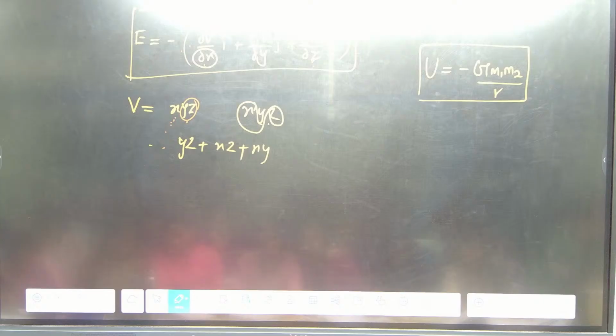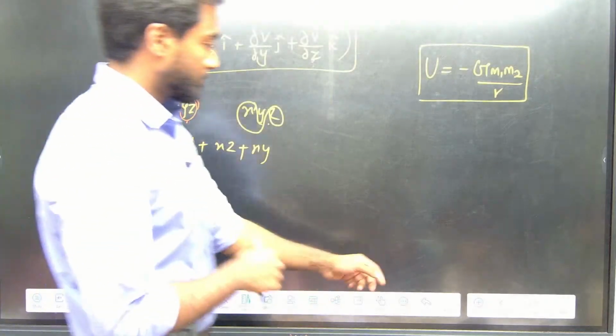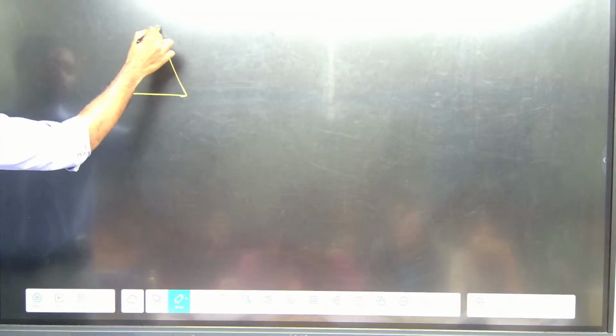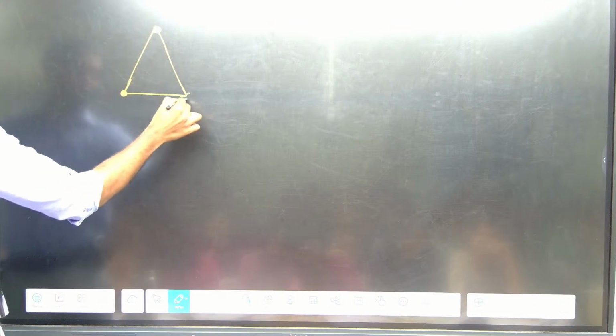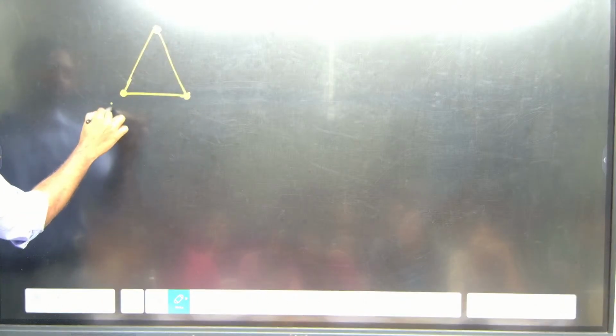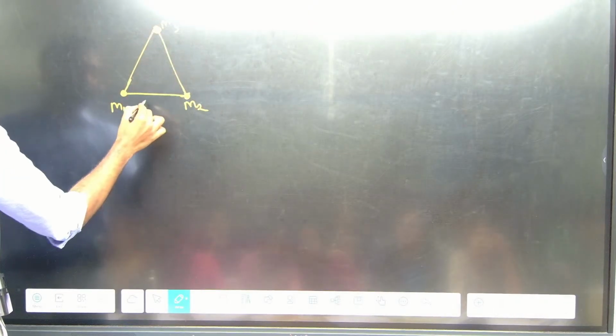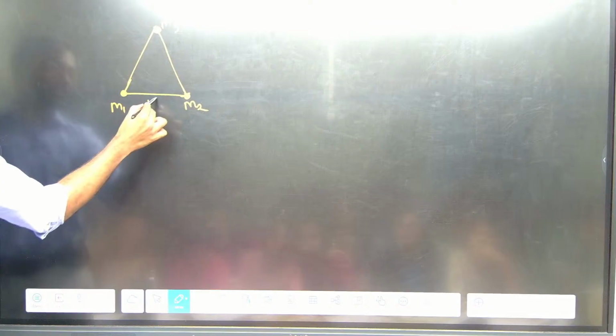So the first example: there is a triangle, so a mass has been placed in each and every corner, m1, m2, m3. The distance between m1 and m2 is r12, and for this it is r23, and this one is